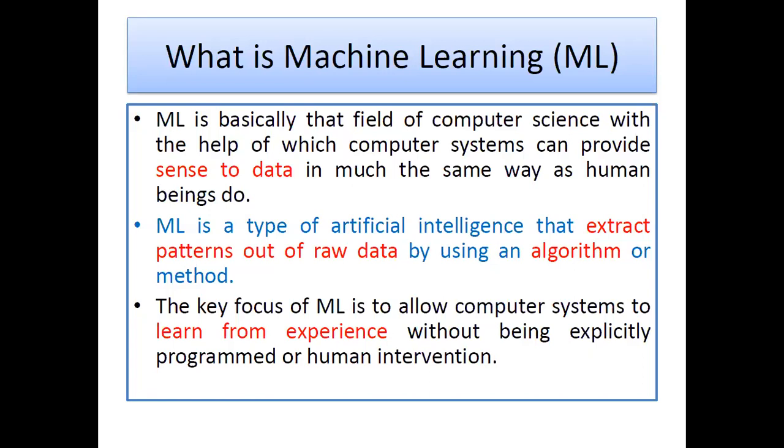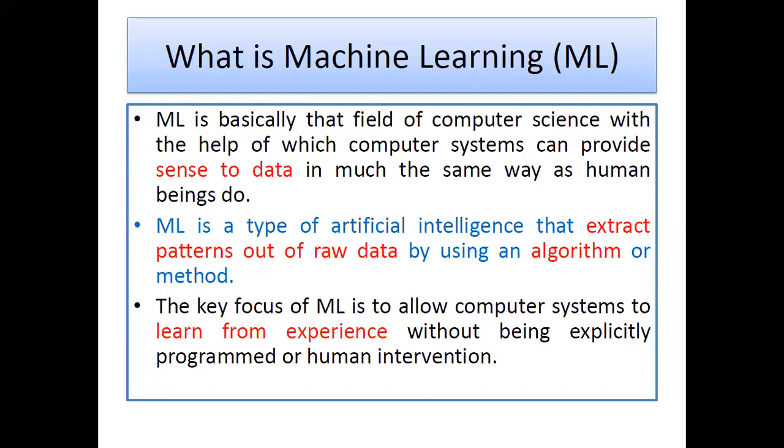Machine learning is a type of artificial intelligence that extracts patterns out of raw data by using an algorithm or method. So data is a must, and then you will apply some algorithm. As we know, it's a step-by-step process to understand or solve some problem. So you need to have a collection of algorithms, need to have some data, and applying that, you will make a machine to learn, and that learning machine can do something, and also in future it will keep on learning